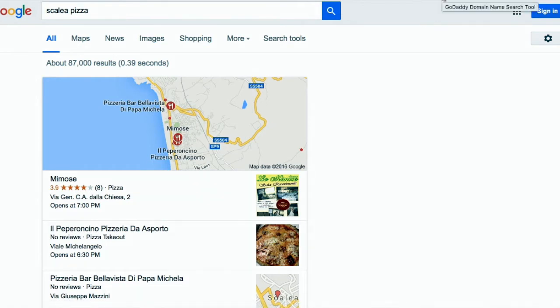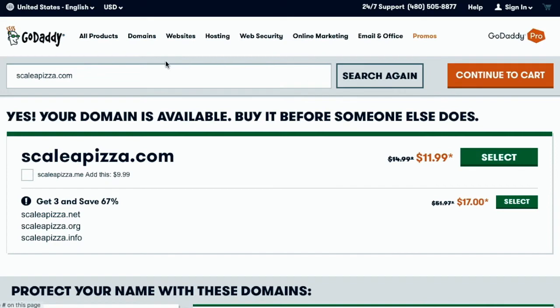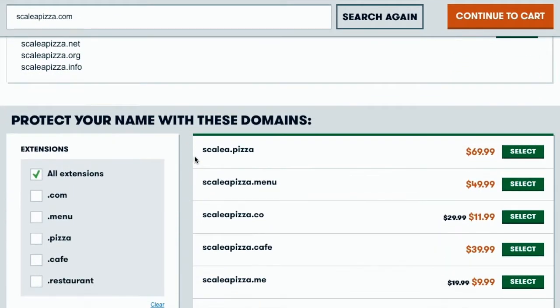So what we'll do is we'll take Scalia Pizza, we'll go back over to GoDaddy, and we see that ScaliaPizza.com is available. And that might be a very good one. Here is Scalia.pizza,